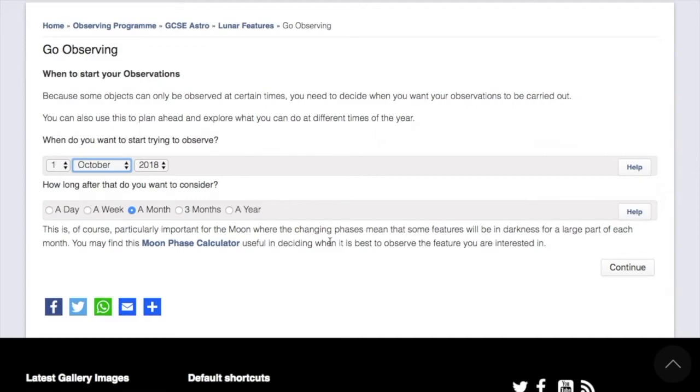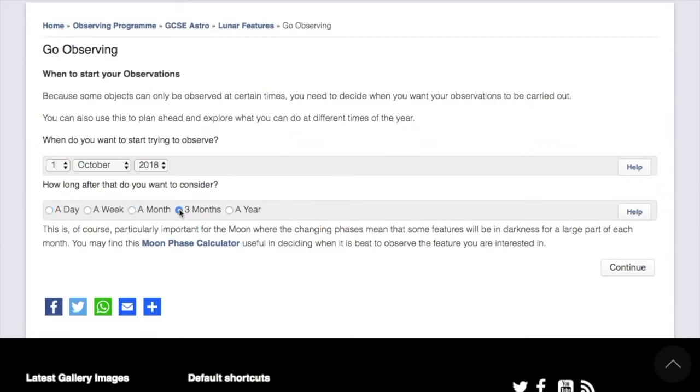The duration is slightly more challenging to get right. It's very tempting to choose the shortest time possible, a day for example, because they think that will increase the chance of the observations being done quickly. But it isn't actually how the system works. It will always be trying as hard as possible. All this option indicates is how long it will keep trying before it gives up. So this should always be the longest time that the students can possibly consider. If they've only got a month before a deadline, put in a month. If they've got longer, they should put in 3 months or even a year.